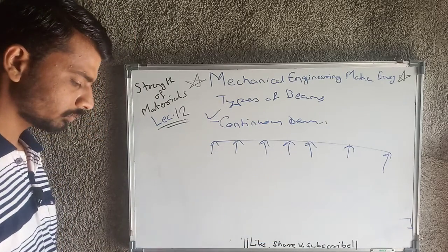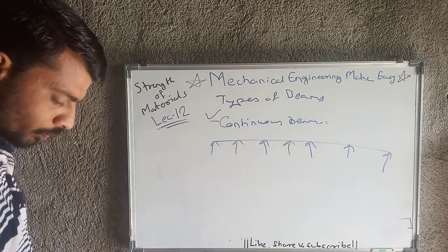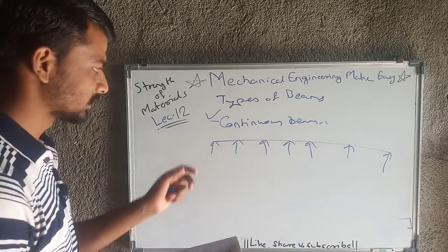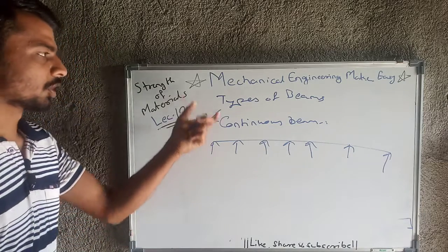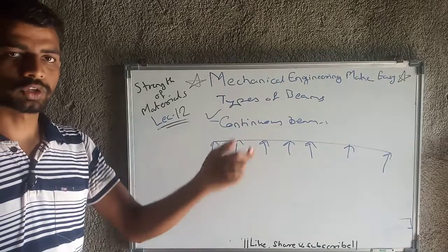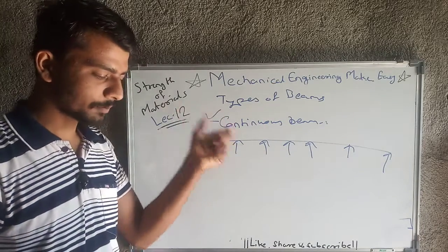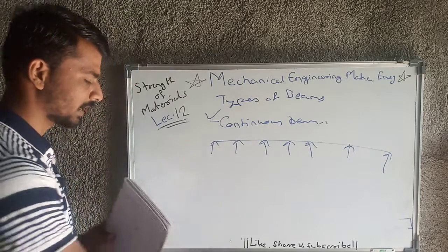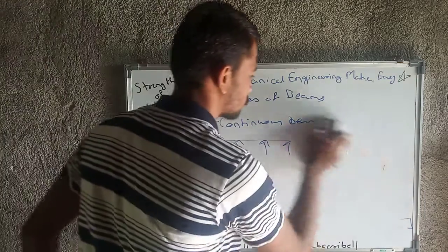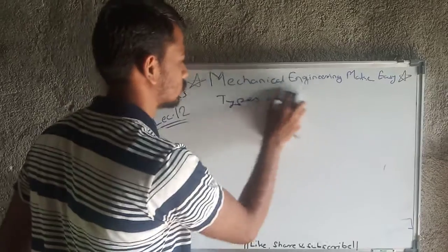Okay. So this is the end of this lecture. We have studied a number of types of beams and also types of supports. I have given you the idea of the common types of supports and common types of beams, and now we will look at the bonus point for today's lecture.